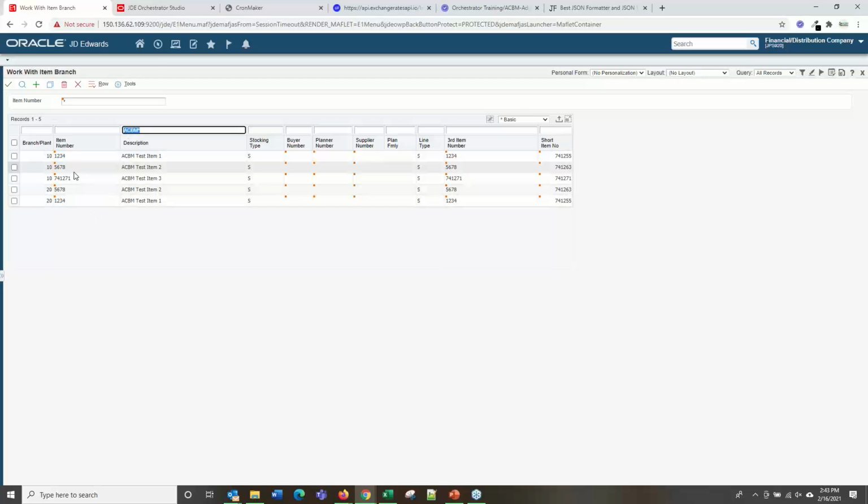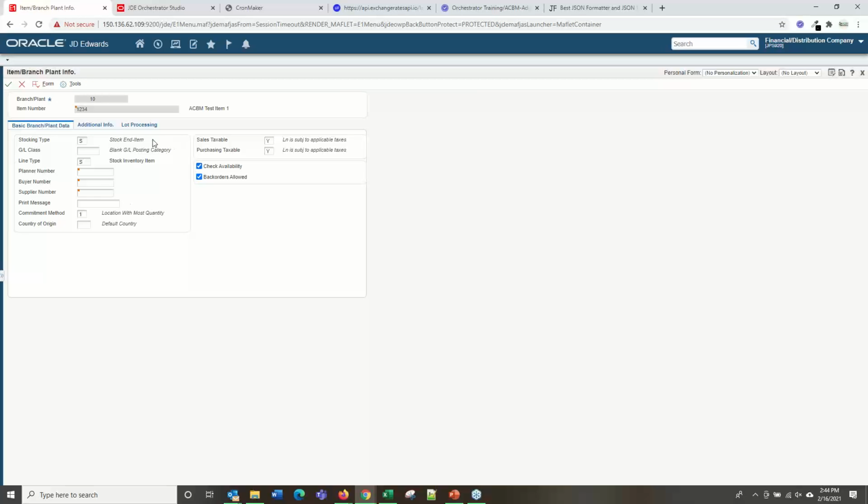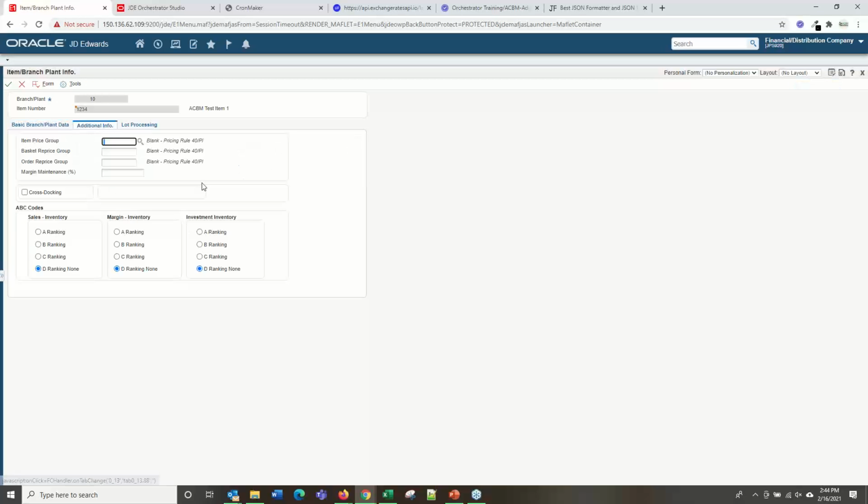And now here we see the 5 records, right? So we have our 2 item numbers for 1, 2, 3, 4 that created with the 2 different branch plans, one for branch plan 10 and one for 20. We have 2 for 5, 6, 7, 8, and 1 for the 7, 4, 1, 2, 7, 1 that we created as well. And once again, if we come in here, we can see that all of this item branch